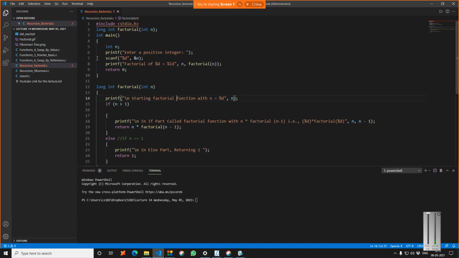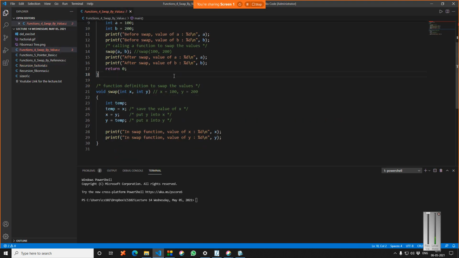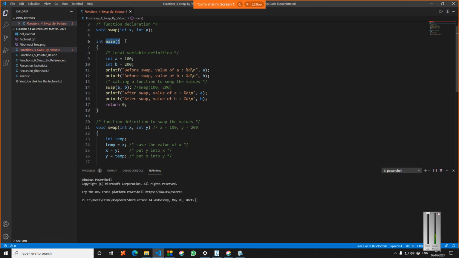When we did swap by value, the main function is calling the swap function, and here we define the swap definition.